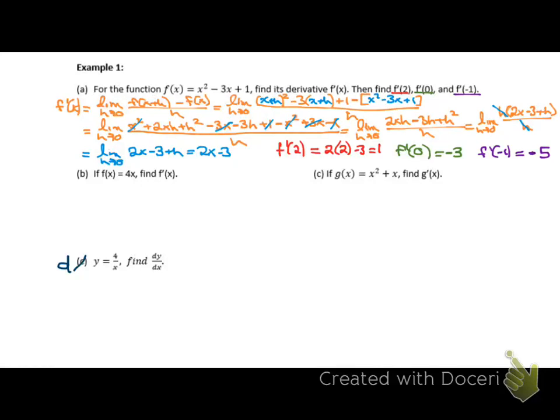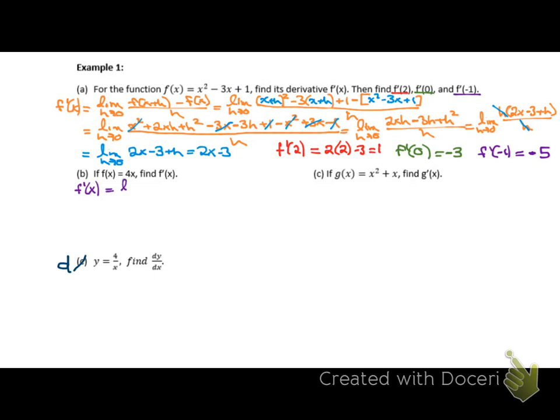This is section 5, definition of a derivative, example 1b and d. All right, so for part B, we are doing the exact same thing that we did in part A. We're finding the limit as h approaches 0 of f of x plus h minus f of x all over h. So the first thing I always want you to do is write down that formula. It's going to help you remember it. So we're finding f prime of x,